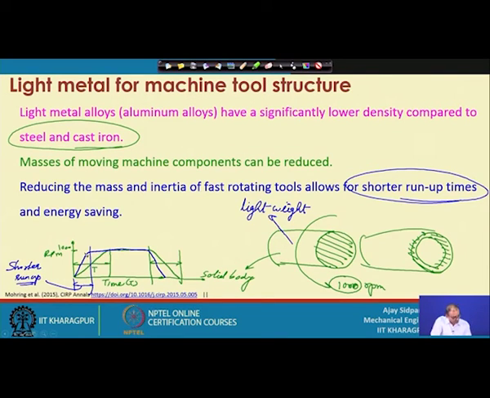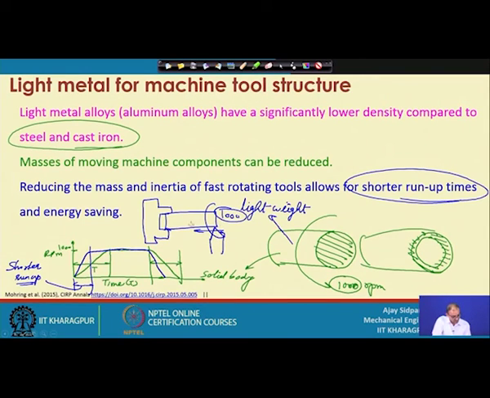Right. It will quickly reach that location, because you want to do a machining operation. Suppose this is the workpiece, connected with the spindle, and you want to rotate it to 1000 rpm, and your tool is located already here, correct. So, this is your cutting tool. Unless it reaches 1000 rpm, you cannot process this, right. You are waiting for 1000 rpm. Let it be a fraction of a second, but if you are making 1000 of these components, this fraction of a second will be multiplied by thousands of times, correct.